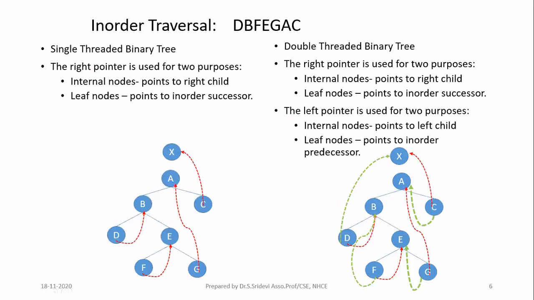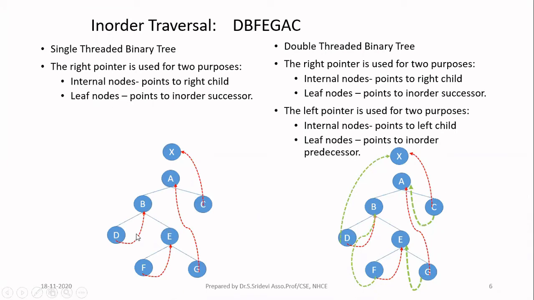And whatever I have explained so far, I have represented as a diagram. So this is a single threaded binary tree. If you see here, there are two pointers. To indicate the right pointer, I have used the red color arrow. And to indicate the left pointer, I have used the green color arrow. And you can look at the different types of links. I have a blue color link. This link is indicating that A is having two children. One is B, another is C.